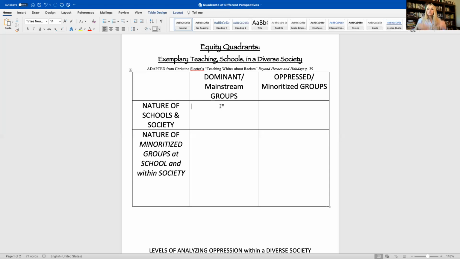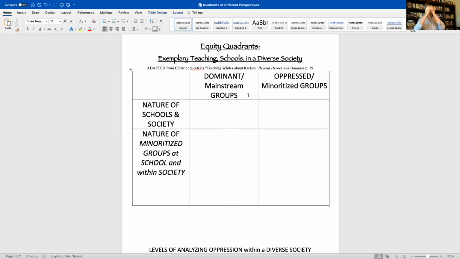Okay, so we're putting on different pairs of glasses. We're not saying we actually believe these things, but what we're saying is we're trying to look at it from that perspective, from those patterns of thinking about the world around us. What do we see? So we'll start right here with the dominant group, mainstream groups glasses. So when we put on these pair of glasses, this is our white middle class, primary English speaking, Protestant Christian, heterosexual, privileging male mainstream. Okay.